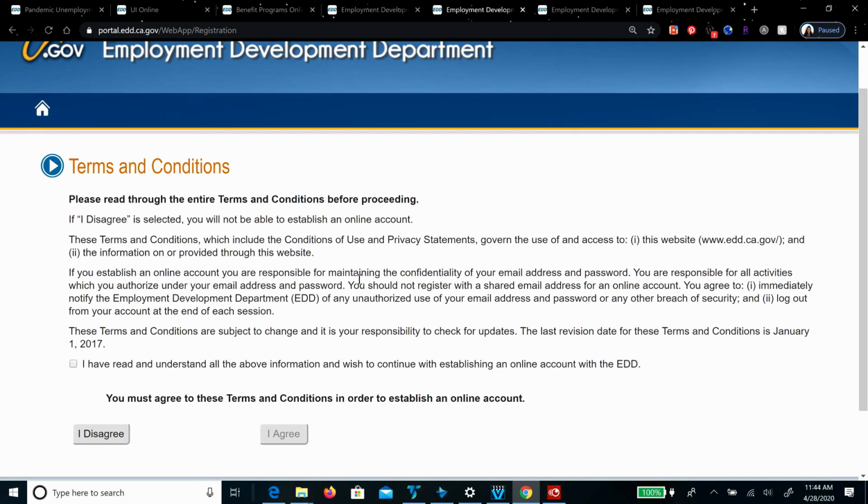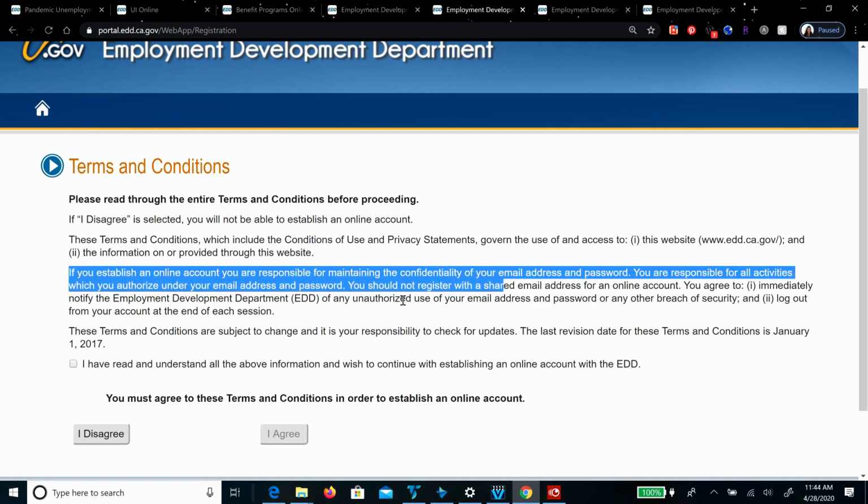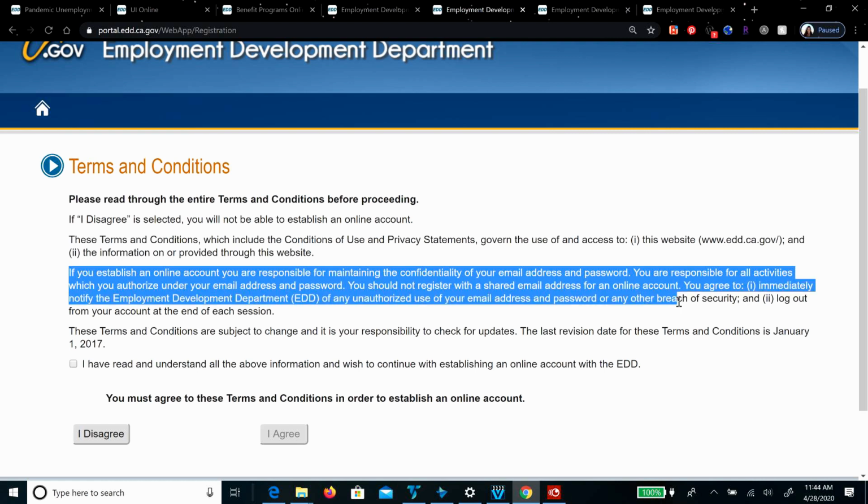Okay. You are responsible for maintaining the confidentiality of your email address and password. They are not responsible. Basically, you are responsible for all activities which you authorize under your email address and password. You should not register with a shared email address for an online account. You agree to immediately notify the EDD of any unauthorized use of your email address and password or any breach of security, and to log out from your account at the end of each session. So after you agree to that, then you will next go to,